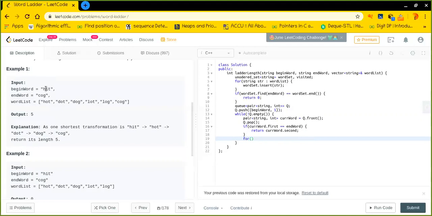Similarly, we will then change it to HAT, then HBT, and so on and so forth. I hope you are getting the idea. To do that, we require the character of the current position. So segment by segment we will fetch the character from the current word dot first, and